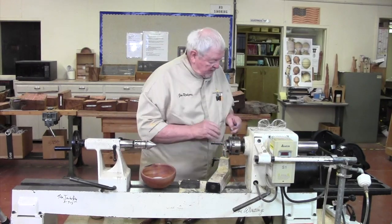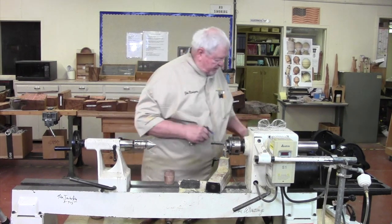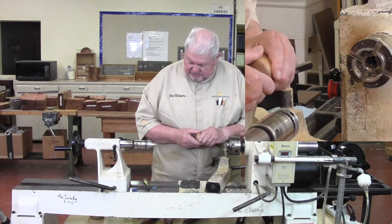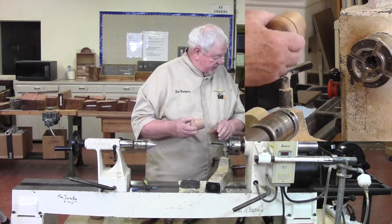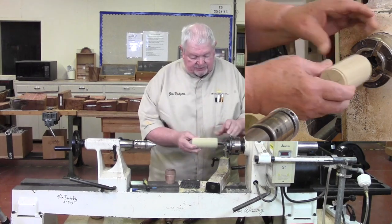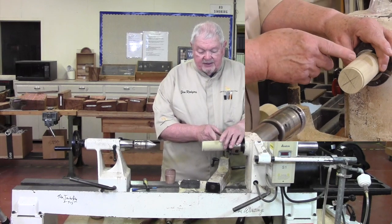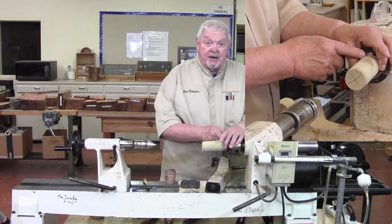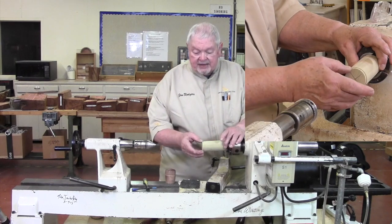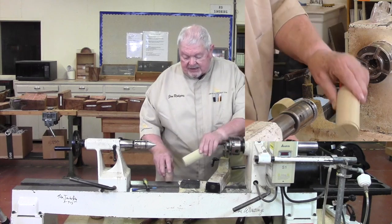Third option is dealing with boxes. As I said before, when we make a box, we have a series of jam chucks we need to make. For instance, we're going to start off by mounting this between centers, marking off the lid, the base, and the bottom jam chuck. Check the chapter in the book on how to do that precisely, but when I part off this lid and work the inside of it,